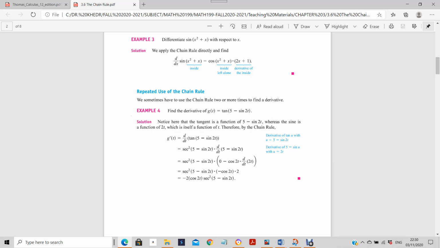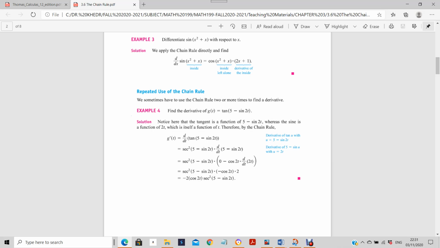So the derivative of tan is secant squared, but we write secant squared of the whole term inside the tan function, which is 5 minus sine 2t, multiplied by the derivative of the inside term, which is 5 minus sine 2t. Okay, so we have to find the derivative of this term, which we call the inside function. Now, the derivative of this term, 5 minus sine 2t, will be the derivative of 5, which is 0, and